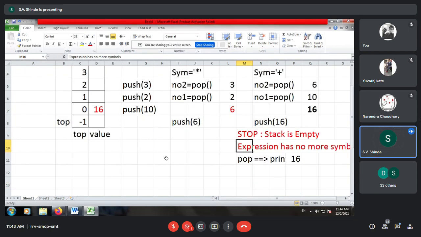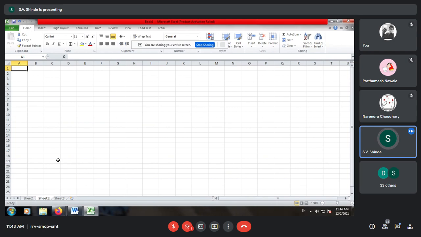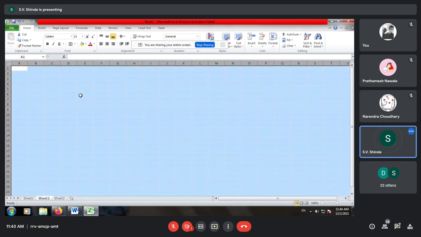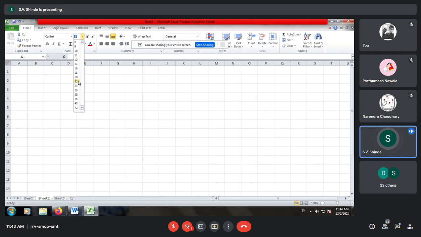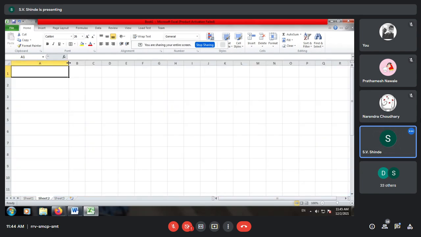Yes, participants, are you able to understand the concept of stack based expression evaluation? Yes, sir. Now in exams, if you are attempting a theory subject, then these steps are expected to be in detail. For that purpose, we will see how step-by-step evaluations can be performed in order to evaluate a particular expression. So let us take a simple example of